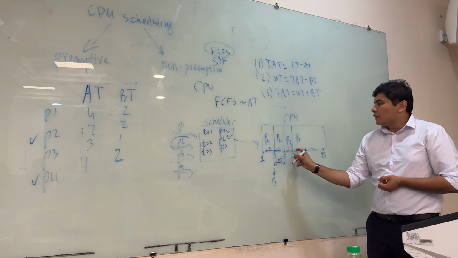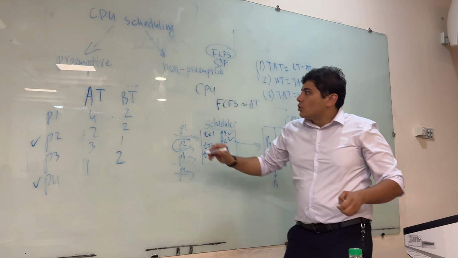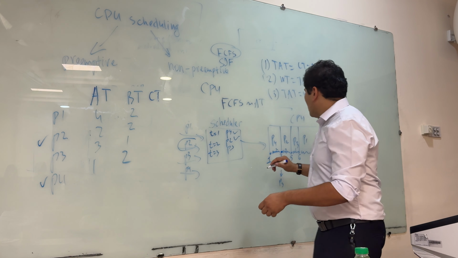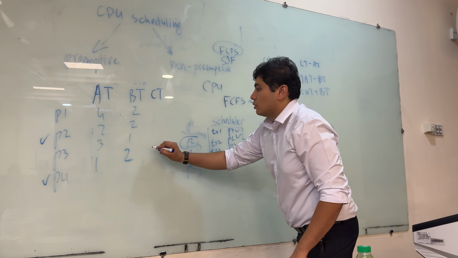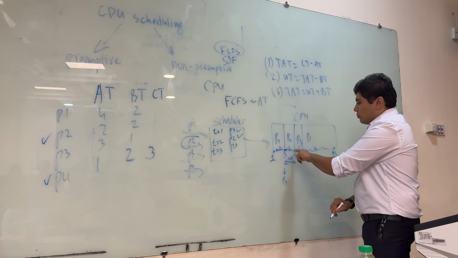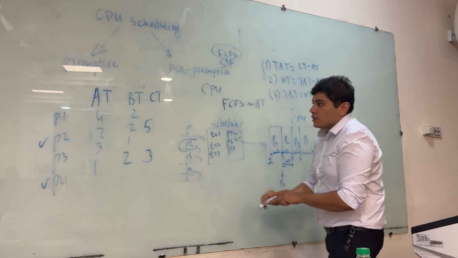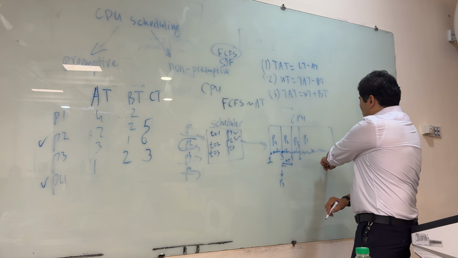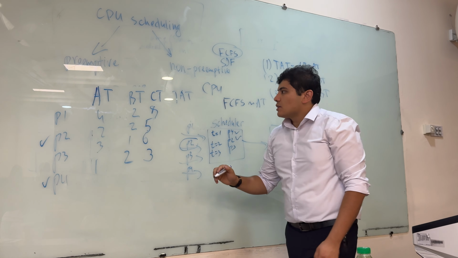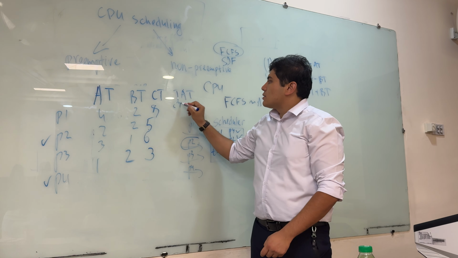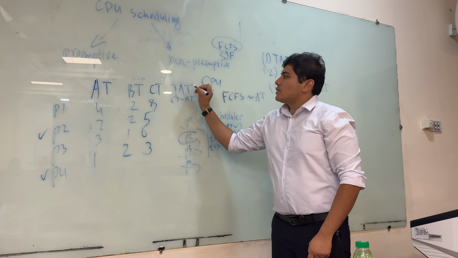If you want, you can find the waiting time through the diagram, or you can find it through the table. So right now we have CT. What is the CT? For P number 4, it is 3, and then for process number 2, it is 5. For process number 3, it is 6, and for process number 1, it is 8. And how do you find the TAT? It basically means CT minus AT. And then what is the WT, waiting time? TAT minus